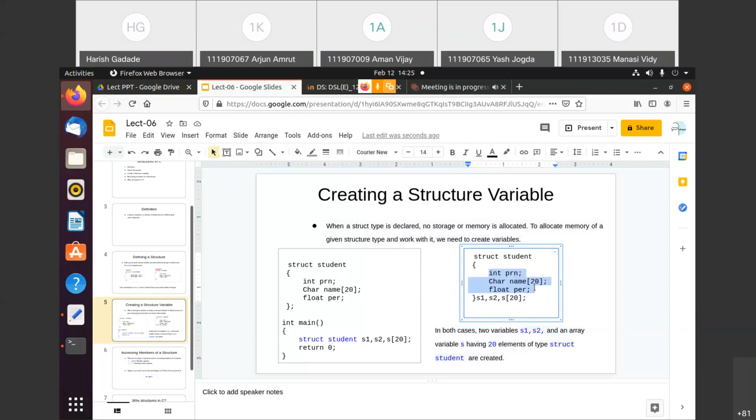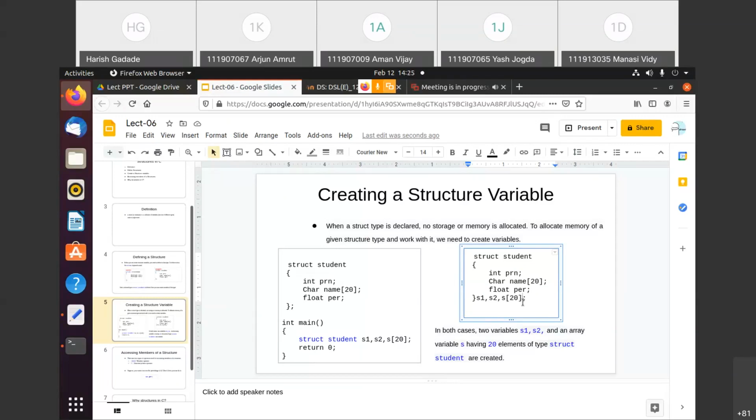Getting this? So here, when can we use the structure concept? One application I'll just tell you. Whenever we fill any form, right? That form is a type of structure, and whatever are the fields we fill into that form, these are the attributes, or we can say members of the structure.